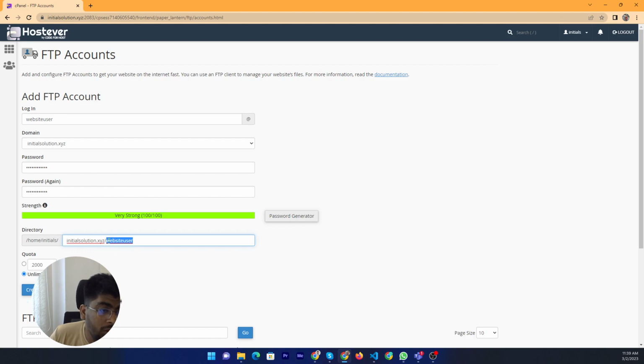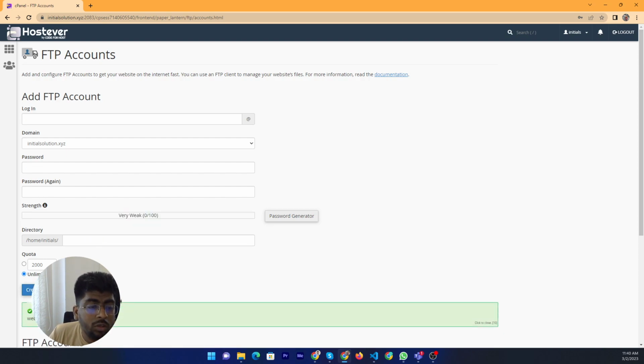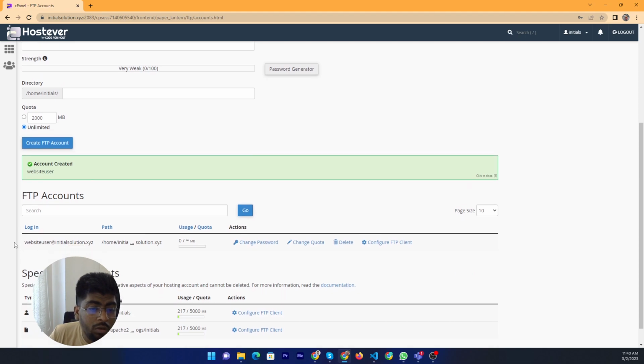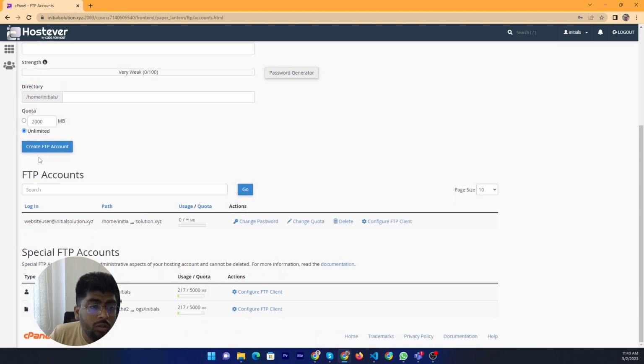Then you can decide here. Okay, so I just need the root domain. Okay, then you can create the FTP account. FTP account creation is done. Alright,